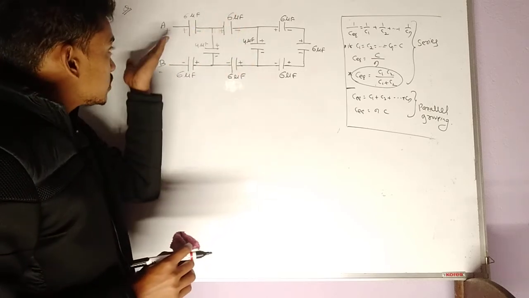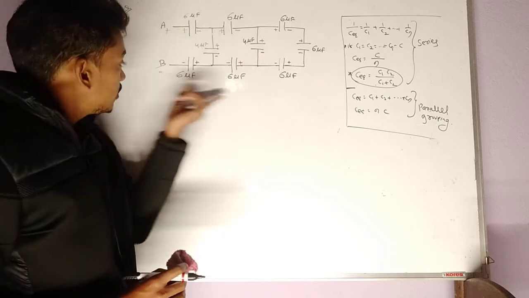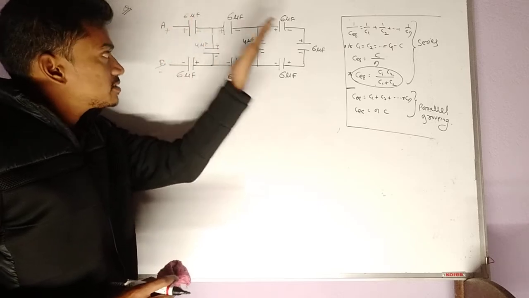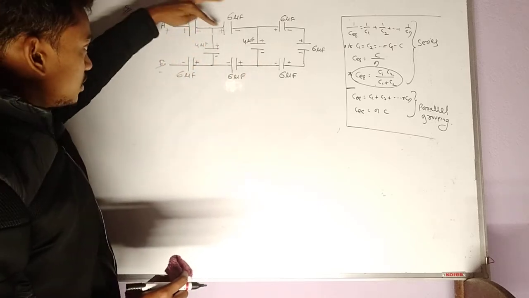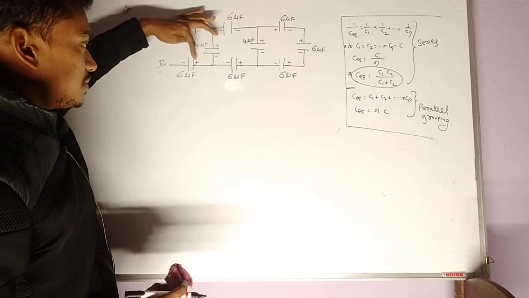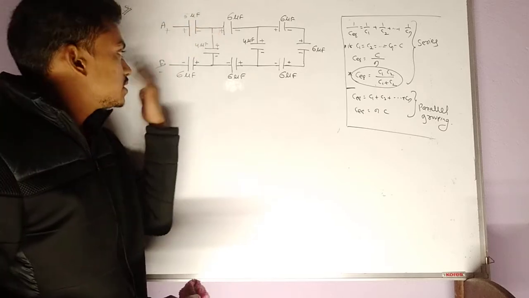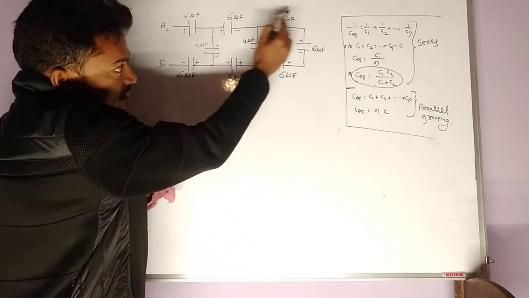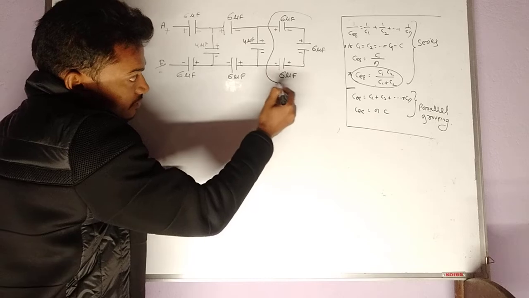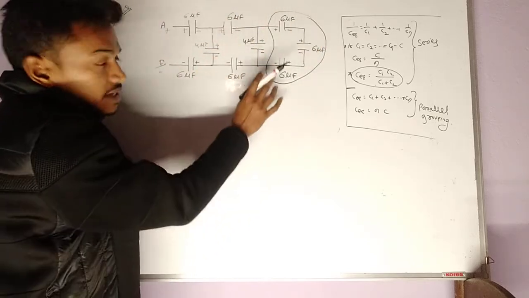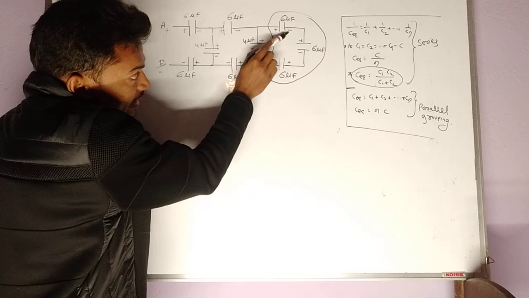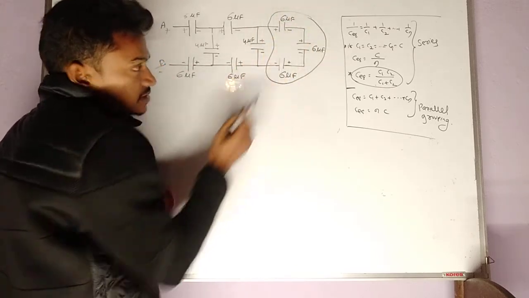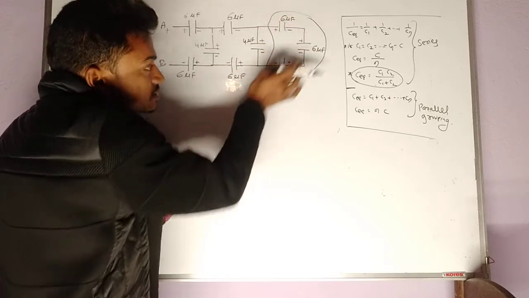Again, plus, this is minus, this is plus and minus. Remember that we start from A and finally go to B. Means going from A to B, all the first plates of each capacitor are positive, and second will be negative since B is negative. Okay. So you see here this arrangement, only in this arrangement, is negative to positive connections, or these three in a single branch. So these three are in series grouping.